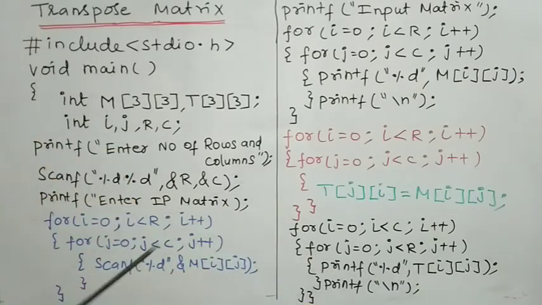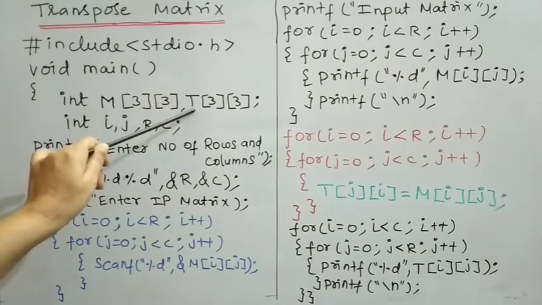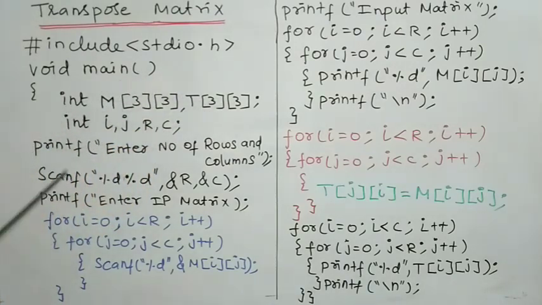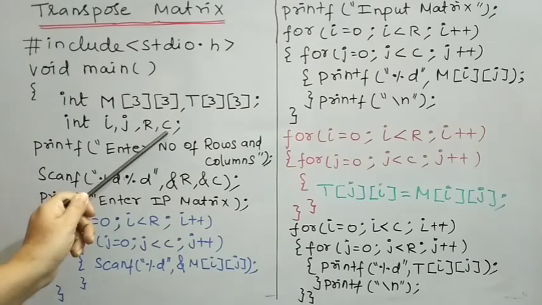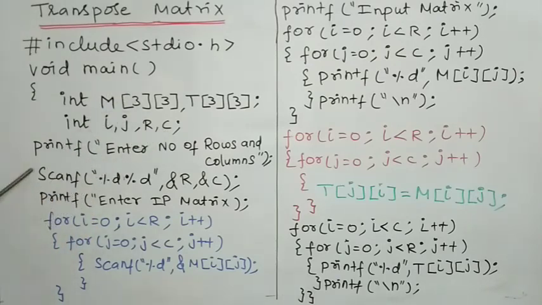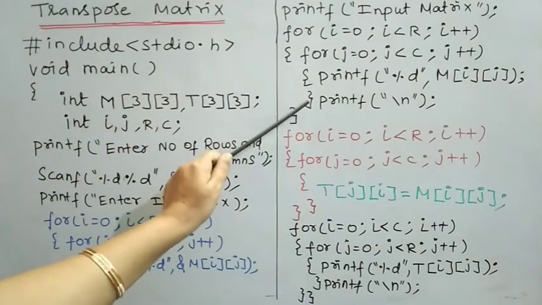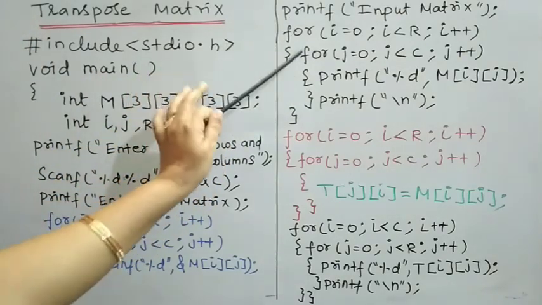So this is the C program for implementing transpose of a matrix. In the declaration section we have declared input matrix M and output matrix T, which are implemented as two-dimensional arrays. i holds the index position of row, j holds the index position of columns, R is the total number of rows in the input matrix, and C is the total number of columns in the input matrix. The first nested for loop is to get values of the input matrix. Before getting values of the input matrix, we are supposed to get the number of rows and number of columns. The next nested for loop is to print the input matrix in matrix format.